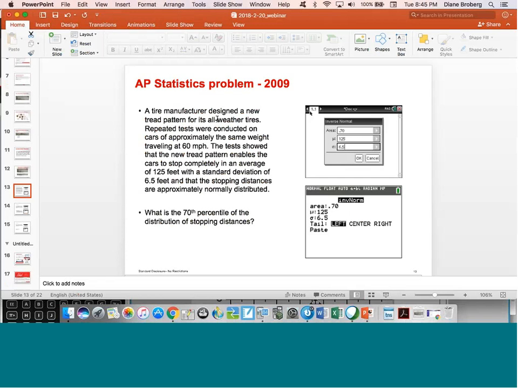So the first question says, what's the 70th percentile of the distribution of stopping distances? I like this question because it provided a variety of different things for us to think about. And the first thing it asks us to think about is, what is the 70th percentile? So I've shown two different ways for us to solve this one, both using the Nspire and using the 84. So with the Nspire,